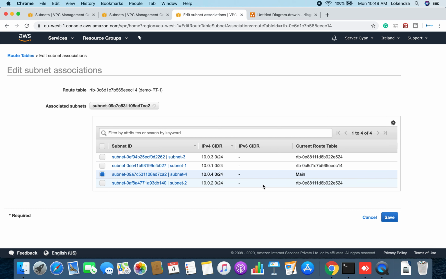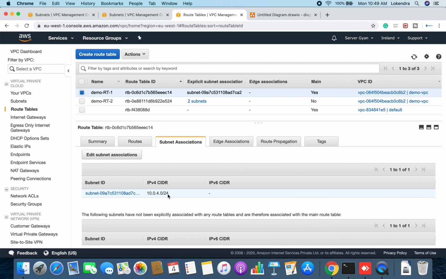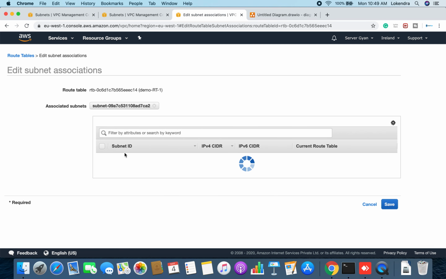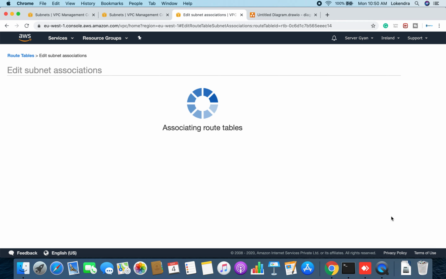So what I will do here is, I will attach this one, which means currently there is only one. So if you need to keep both here, you will need to select both, and after that you will click on save. Keep this thing in mind. If you remove 1.0 from here, then by default only 4.0 will lie within this particular route table. Fine. So I clicked on save, and that is it.